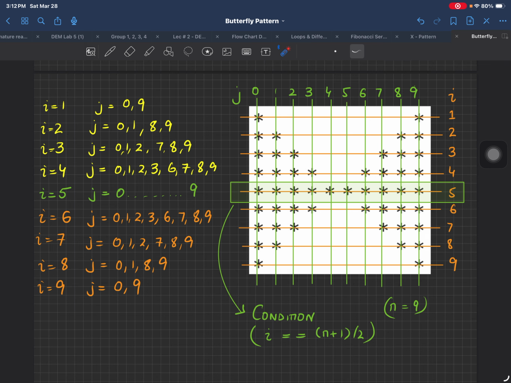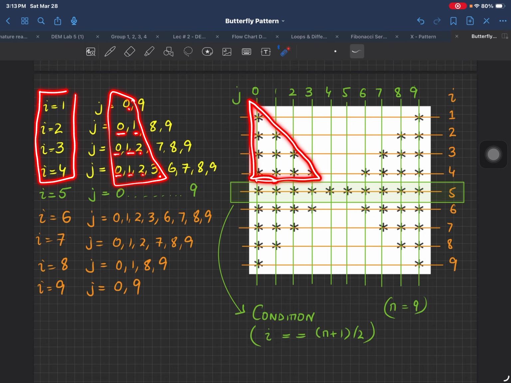But there is one thing over there, if you see very closely for this thing, that is 0, then there is 0, 1, then there is 0, 1, 2, then there is 0, 1, 2, 3. Now if you see closely these things. This is 0, this is 0, 1, this is 0, 1, 2, this is 0, 1, 2, 3. These 4 lines are for this triangle, and they are always going to be when I is equal to 1,